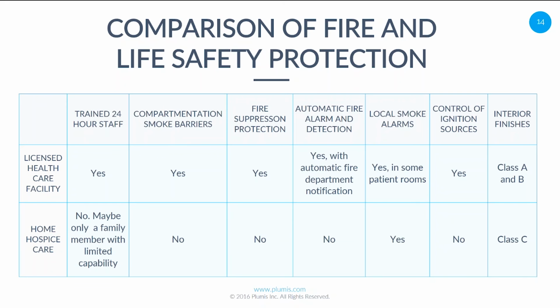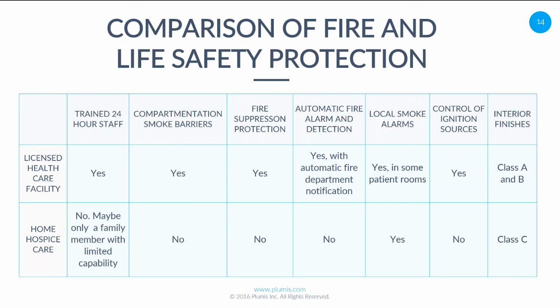Fire suppression, specifically the sprinklers, we have that in healthcare facilities. Very rarely do we find that in the 1 and 2 family dwelling environment. Automatic fire alarm and detection. In the healthcare facility, we're at the top. Here we have not only automatic detection, but we also have automatic notification of the fire department. Typically in the 1 and 2 family dwelling, we have smoke alarms, which only provide notification of the occupants, no off-site notification of the fire department,